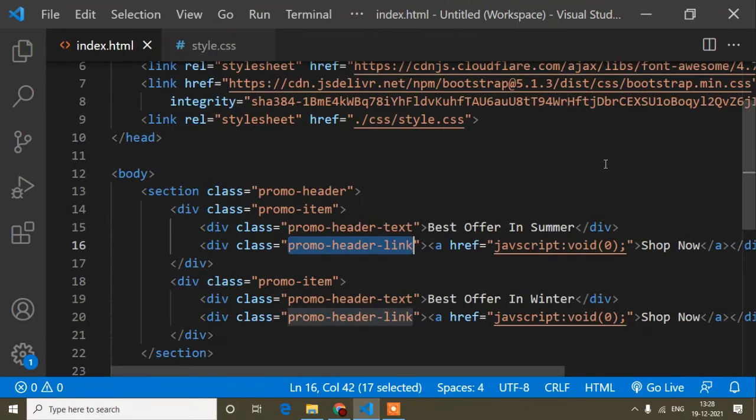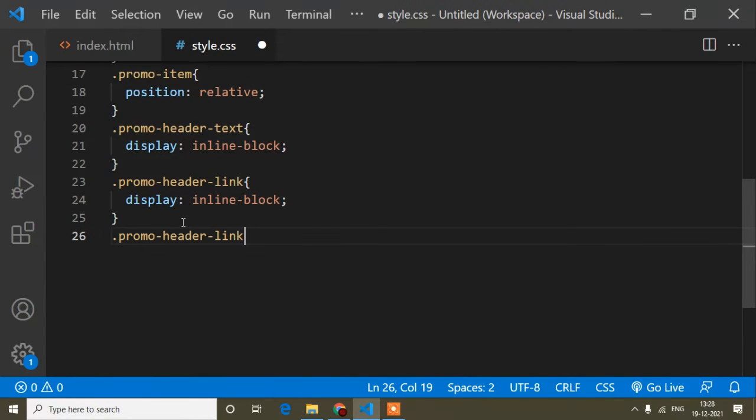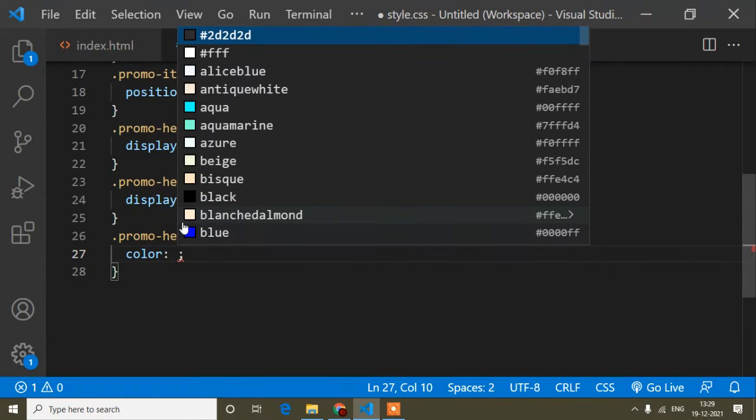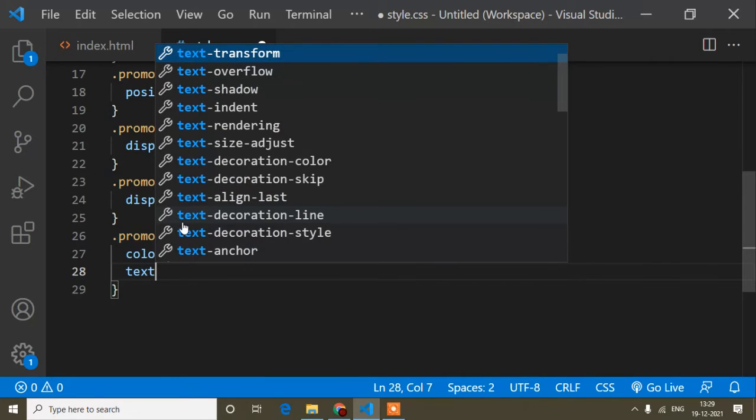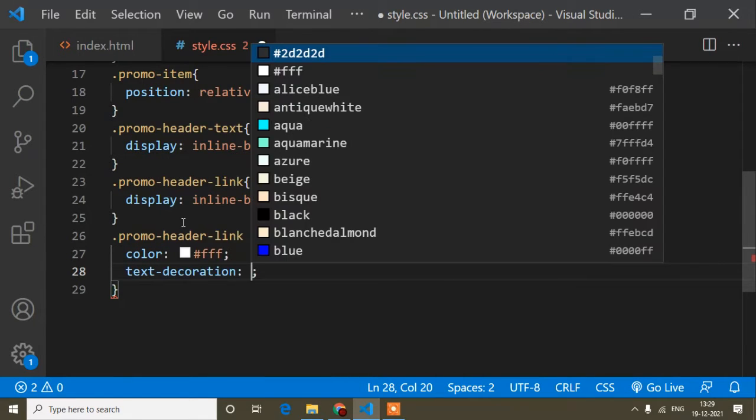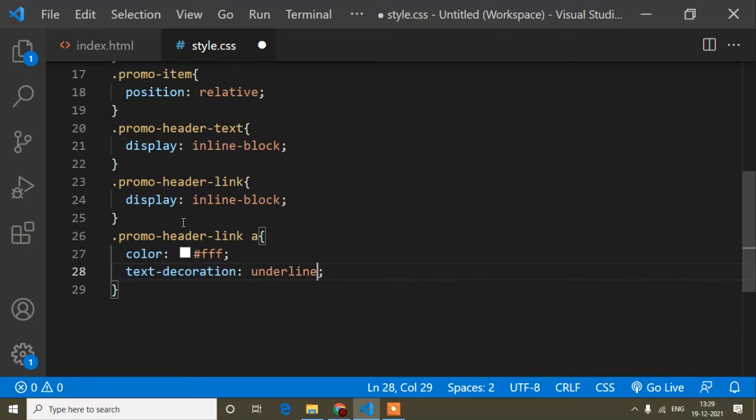I hope it's clear. Okay, and one more thing, you can see the anchor tag is showing blue color, so I have to add the color that is white. So what I will do, the anchor tag's parent class is this one, so I will copy this class name here and add the a anchor tag. So here I will say the color is white, text decoration is underline, right?